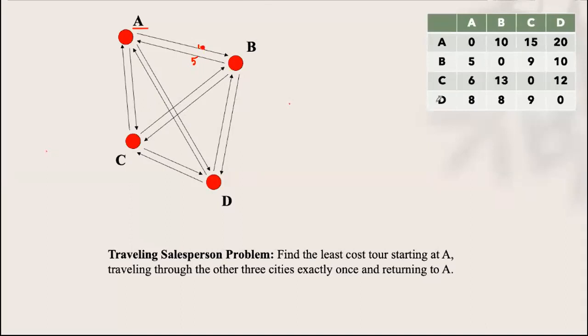So the traveling salesman problem is: if you start with one vertex, you have to go through all the vertices and come back to the same vertex. That is, if I start from A, I have to go to all the vertices in the graph and come back to the original initial vertex A. While doing that, you have so many different paths, but you should do that within minimum cost. That is the traveling salesman problem.